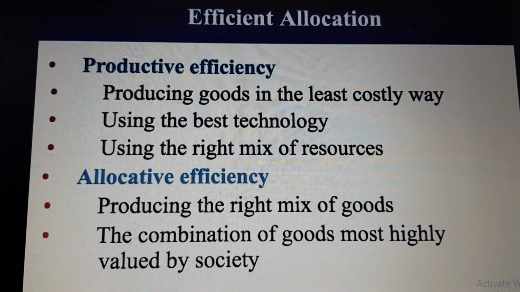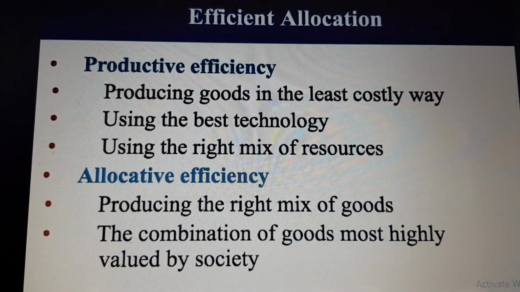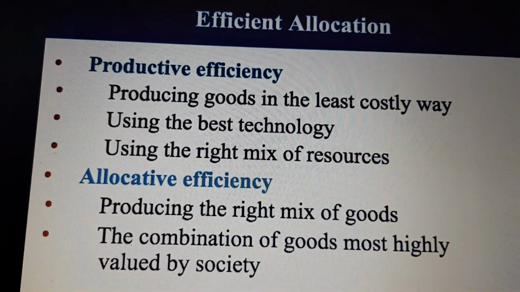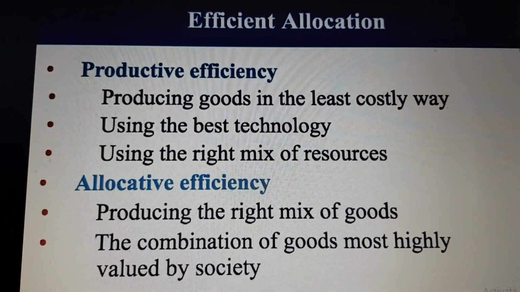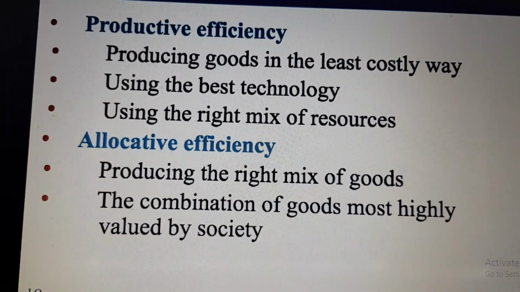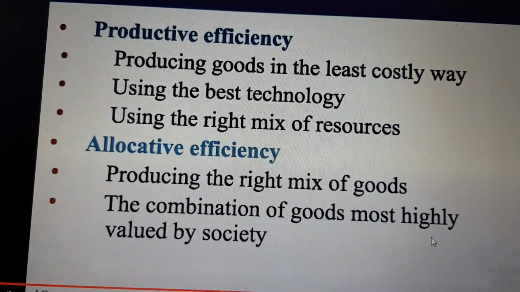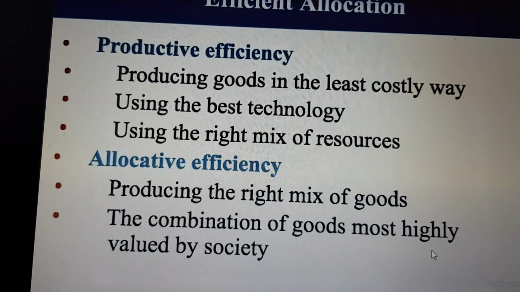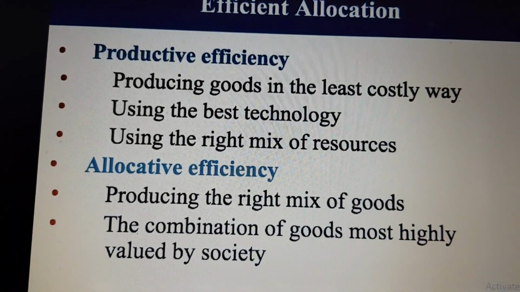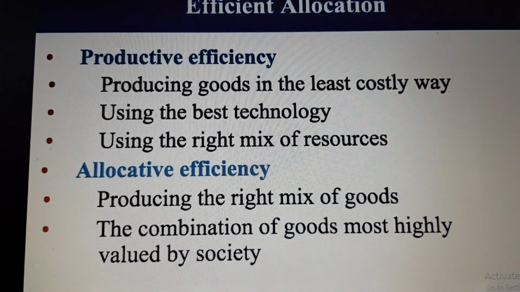Allocative efficiency means that firms are producing the right mix of goods. What exactly is that? So it's the goods that are most highly valued by society. Going back to our earlier example with MP3 players versus CD Walkmans, society values portable MP3